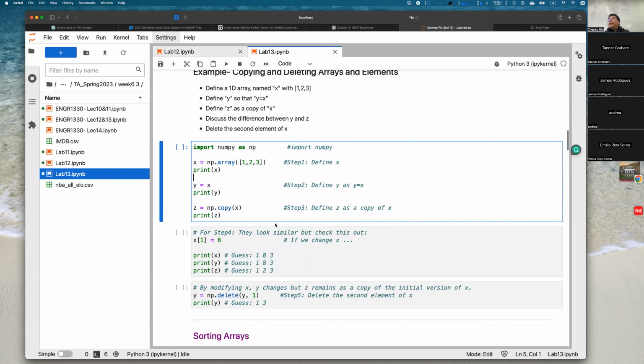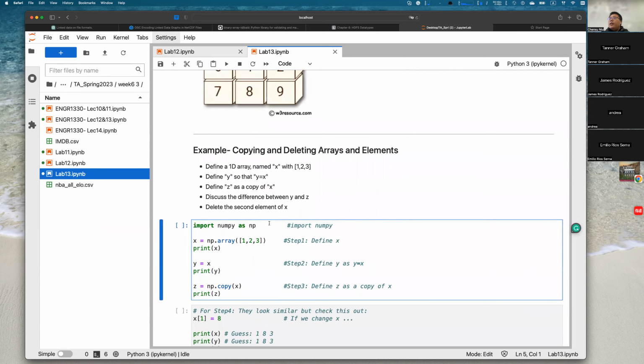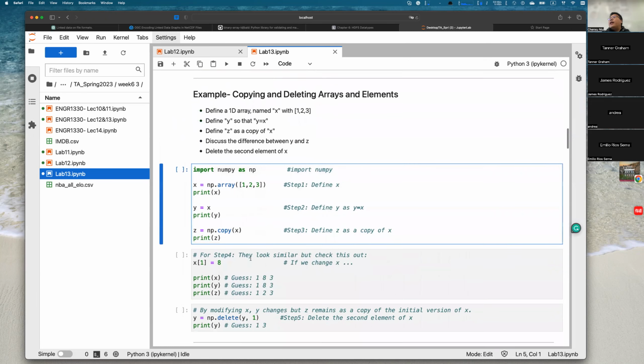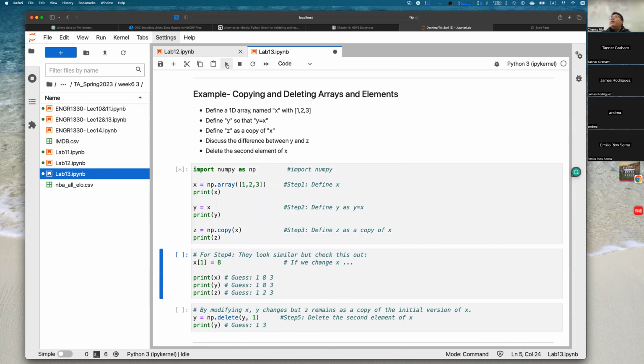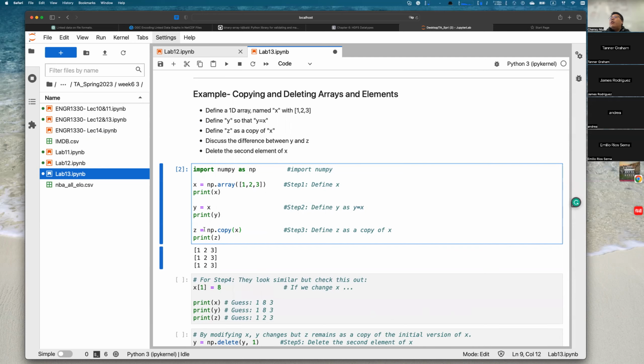All right. So first, it's about how to define an array, right? You can use numpy.array, and then you can use a list to define X, right? And after that, you have 2 different ways. You can define Y as X, you can assign X to Y, right? And the last one, step 3, you can use a copy. But there are differences. So there are many, many differences. The biggest difference is that